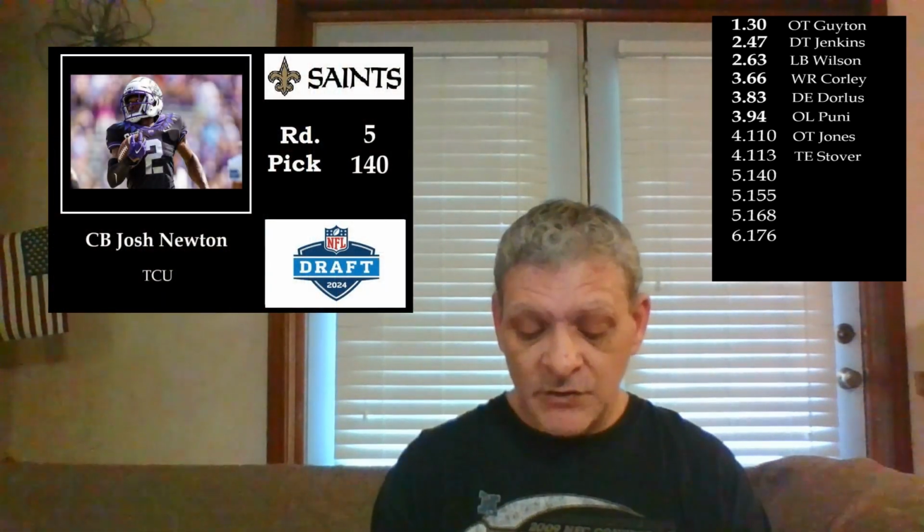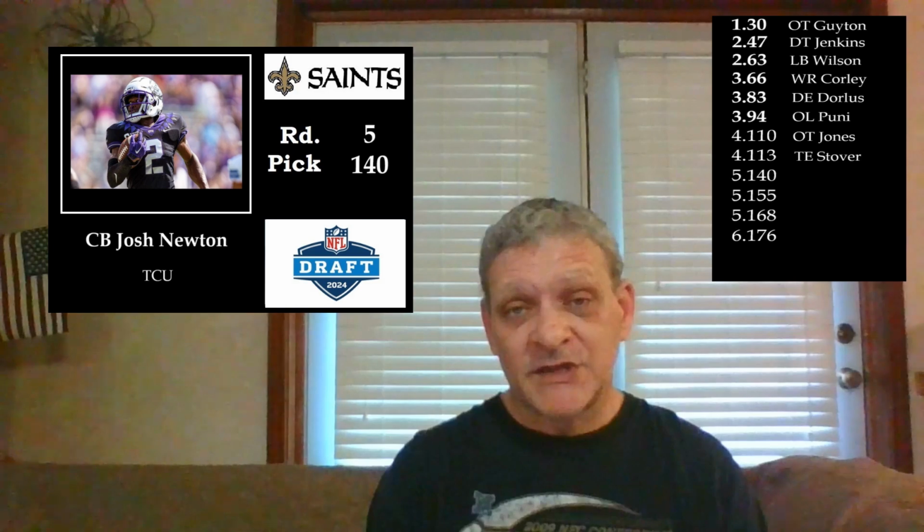And I am going to focus on secondary here if I can. And when our first fifth round pick comes up, pick 140, I'm going to go with best available player. And there's a guy there who I have a third round grade on, and so I'm going to go ahead and take him. With pick 140 in the fifth round of the 2024 NFL Draft, the New Orleans Saints select cornerback Josh Newton out of TCU. He's on the smaller side